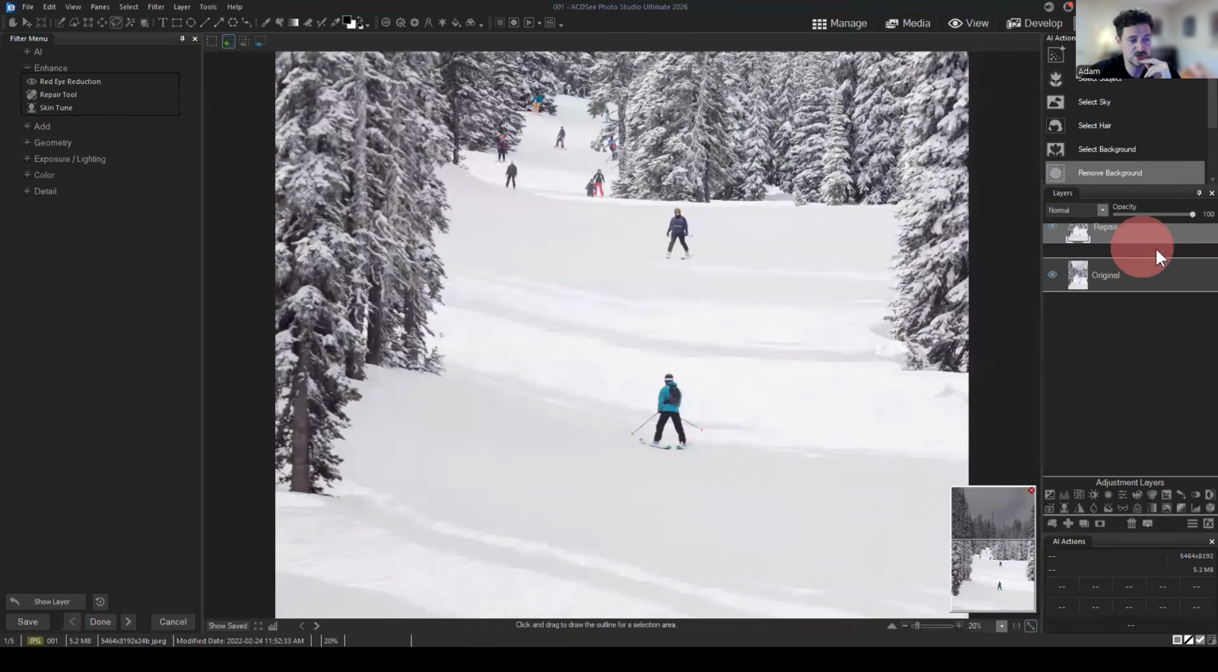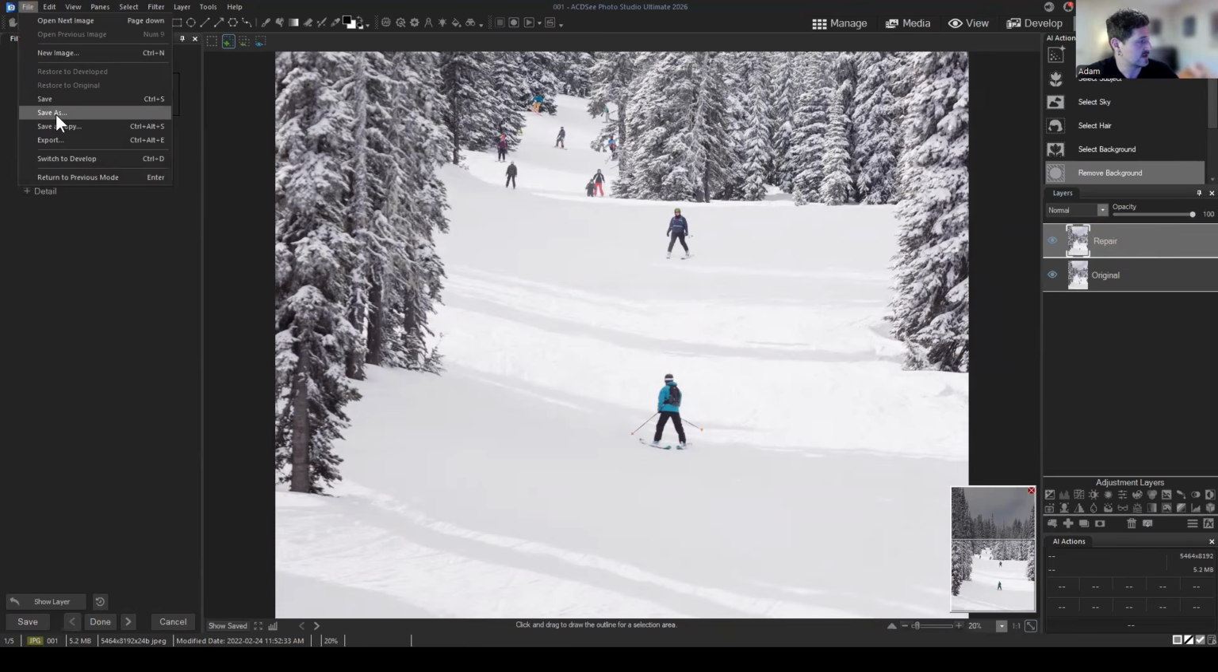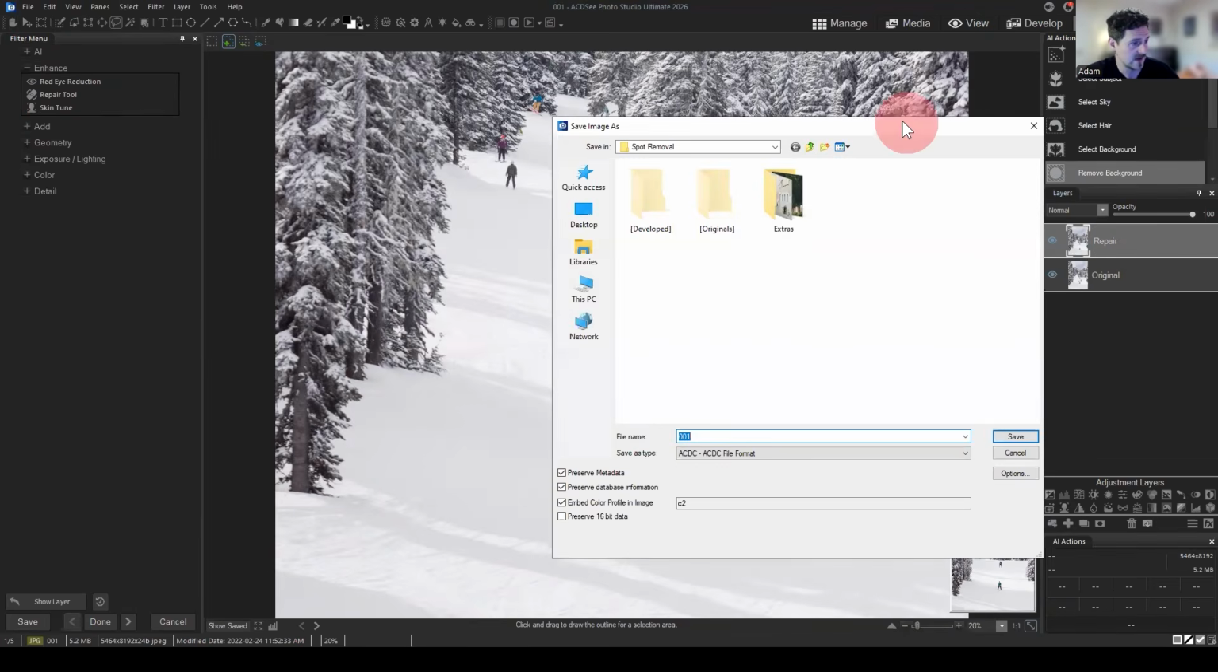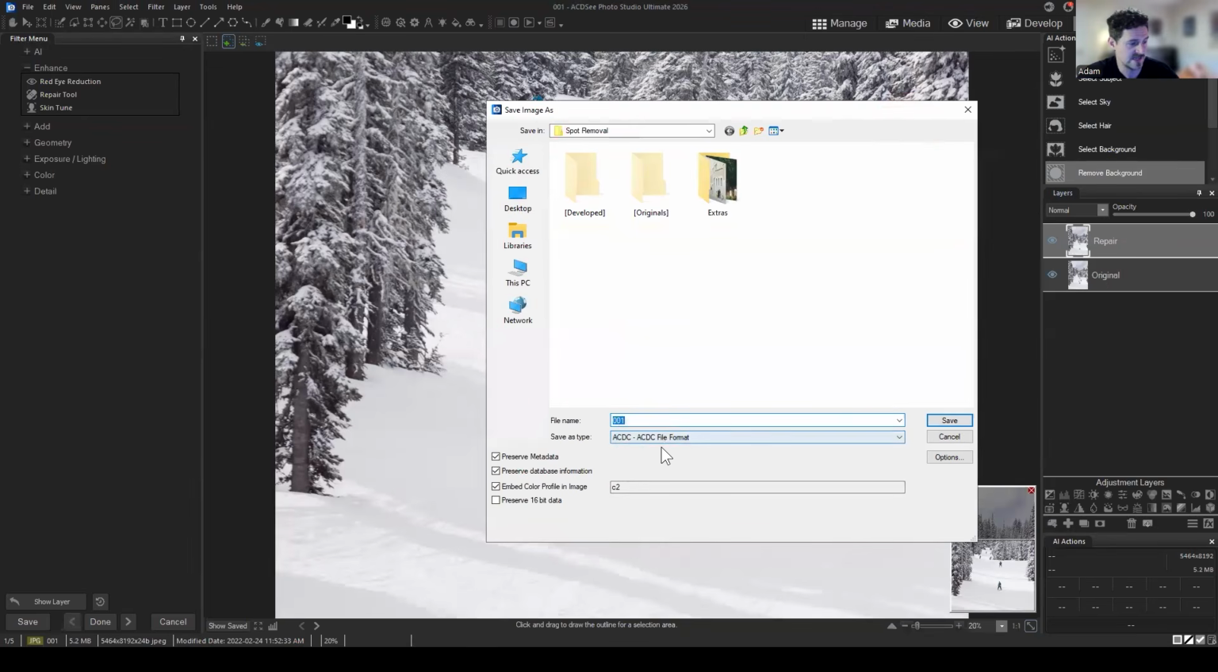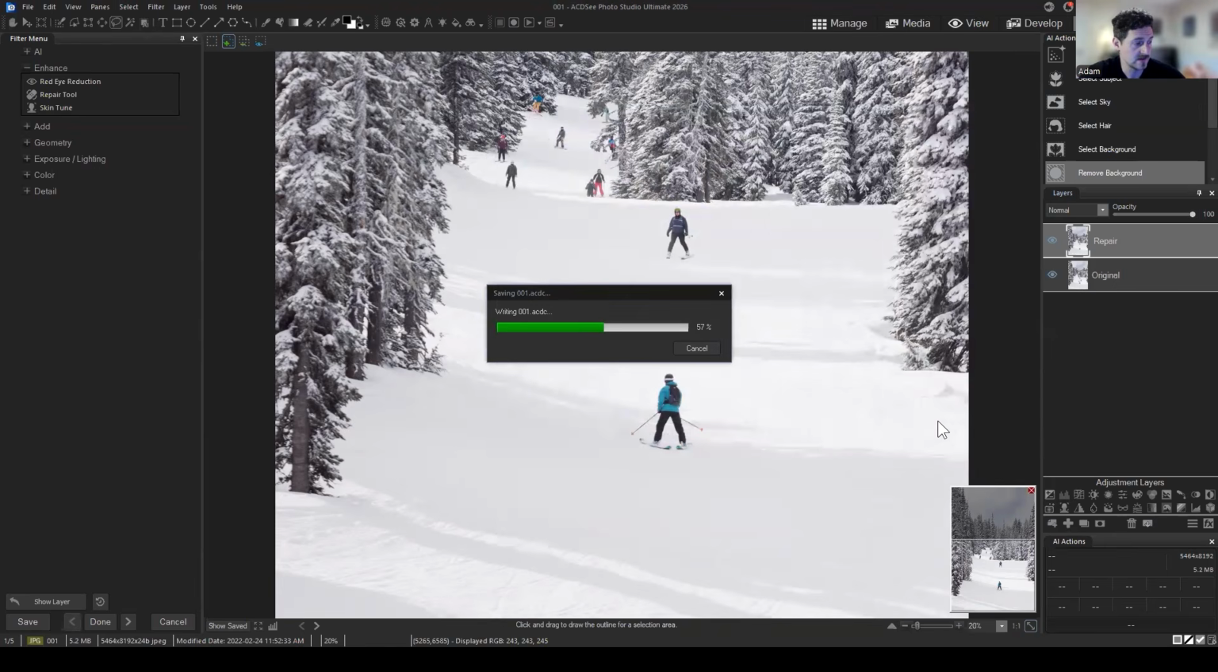And again, I'm choosing to showcase this using a copied layer. And the reason why is this. If I navigate to save and save as, and I save this file as an ACDSee file format, ACDSee file formats hold layers, of which the repair and original are layers. So if I was to save this as an ACDSee file, click save here, it's going to write the file. The benefit of this is